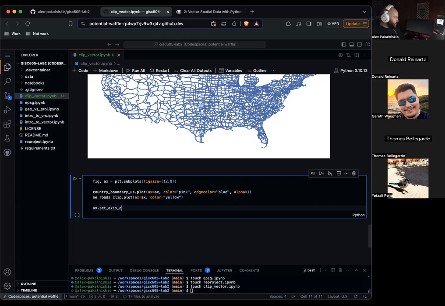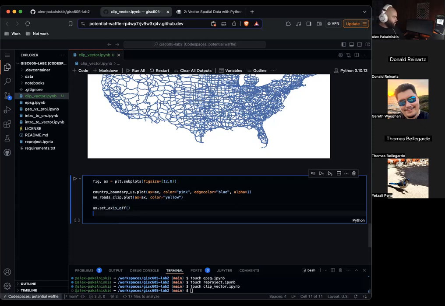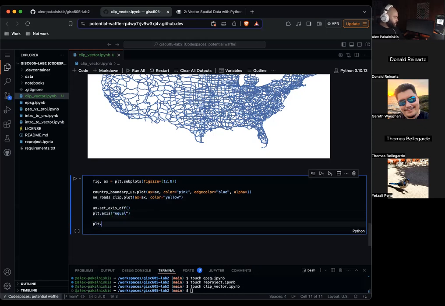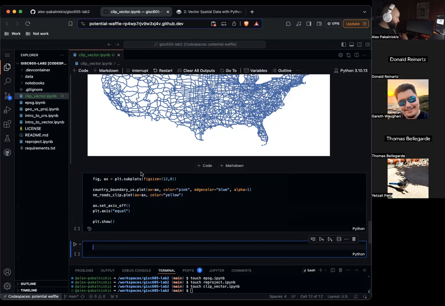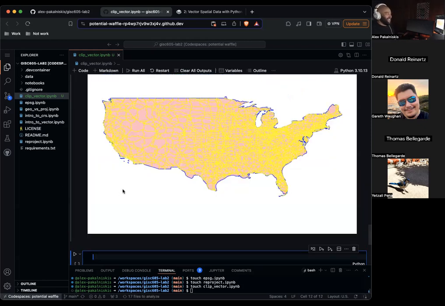Set axis off, plt dot axis equal, plt dot show. Look at that beautiful graph. Beautiful. But yeah, you can see that we're getting some experience clipping and displaying that clipped data. And you can notice there's no roads outside of our clipped boundaries, which is quite nice.